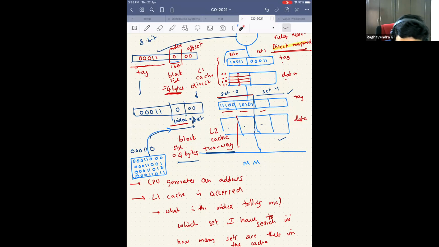Now the question is, you have brought this block here, and I want to keep it either here or here. I don't know where to keep it. Of course, if I keep it here, I have to remove this block. If I keep it here, I have to remove this block, right? So now I have to choose a candidate for replacement, because I am replacing a block. To choose a replacement candidate, there is a replacement policy. So I will consult the replacement policy for the L2 cache.